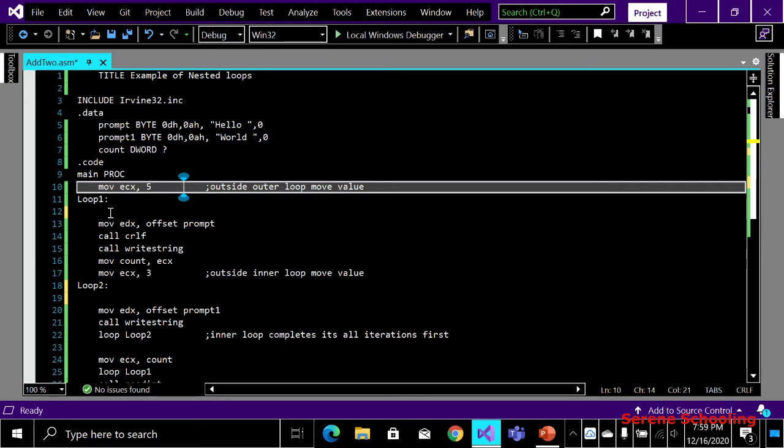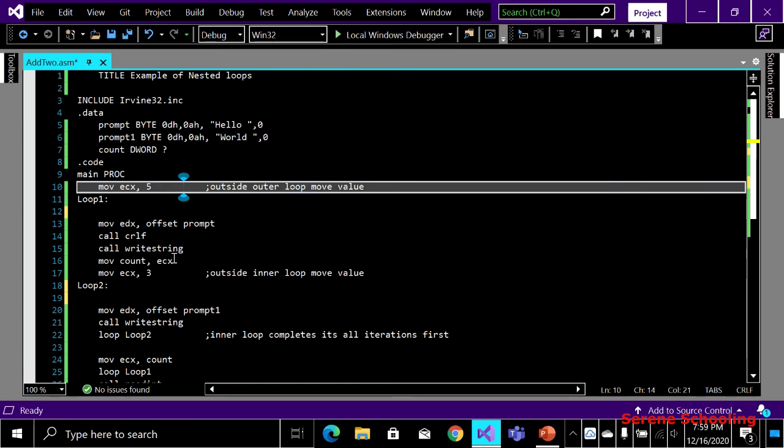Okay, we have discussed it. So here I'm moving the offset of prompt into EDX, then this next line procedure will just move the text to the next line, and in call write string, this hello will execute once only, because we are executing this loop for the very first time. Hello will print only once.